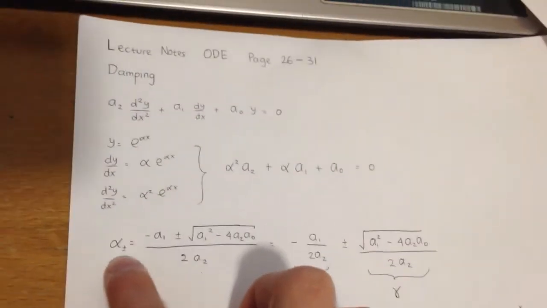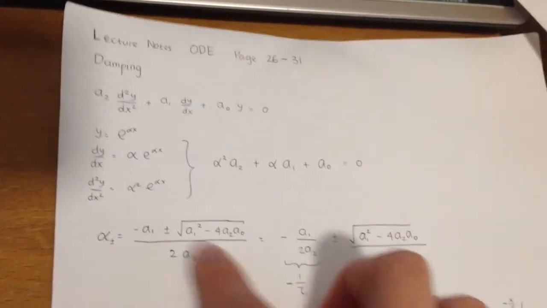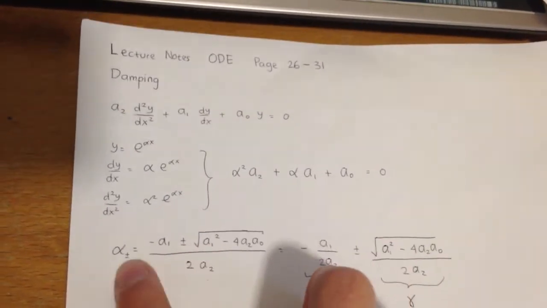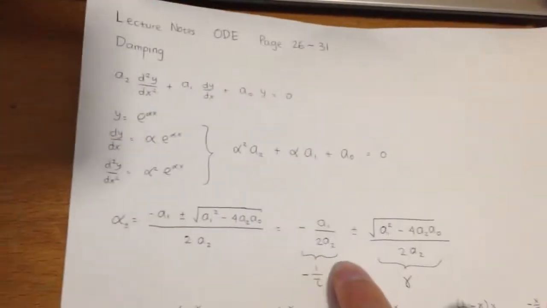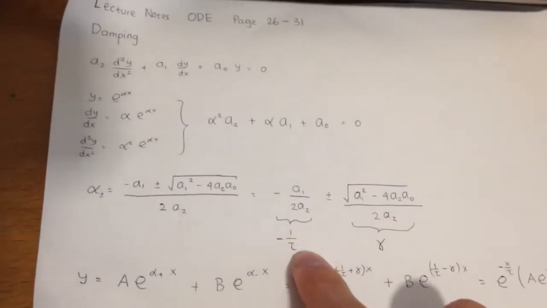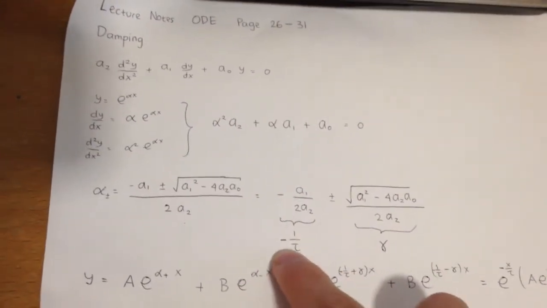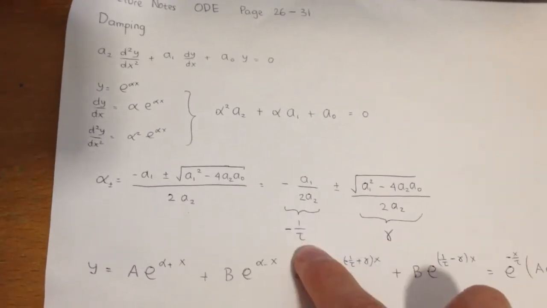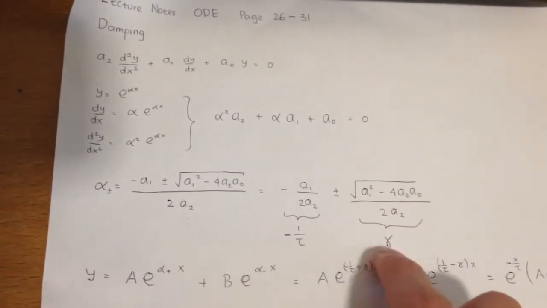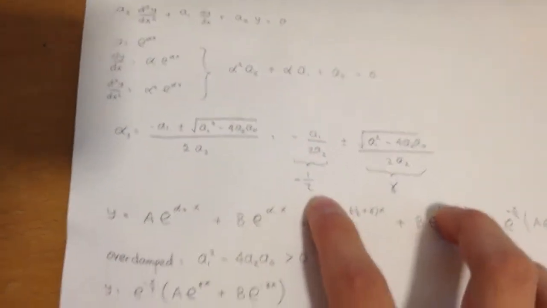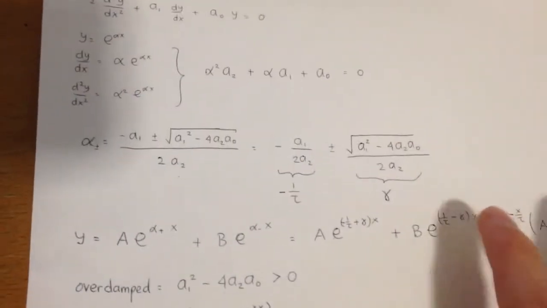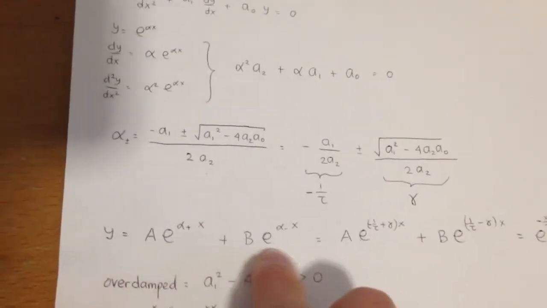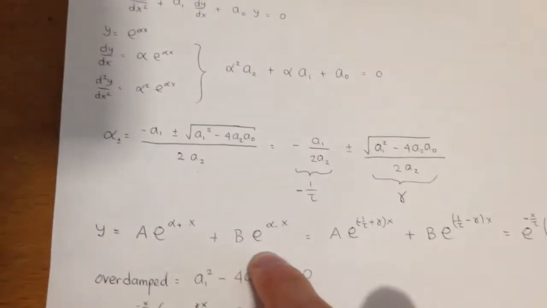So the alpha could be plus or minus here, alpha plus when this is plus, alpha minus when this is minus. And in the lecture notes they simplified it into this, minus 1 over tau and gamma. Actually you can use any variables here, but I just use consistent with the lecture notes. The general equation is this, and if you